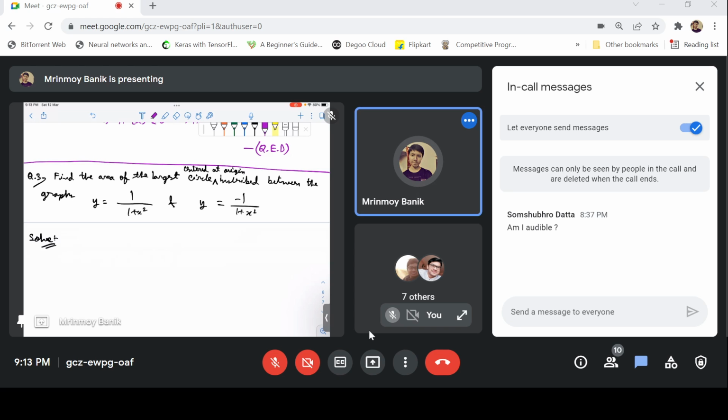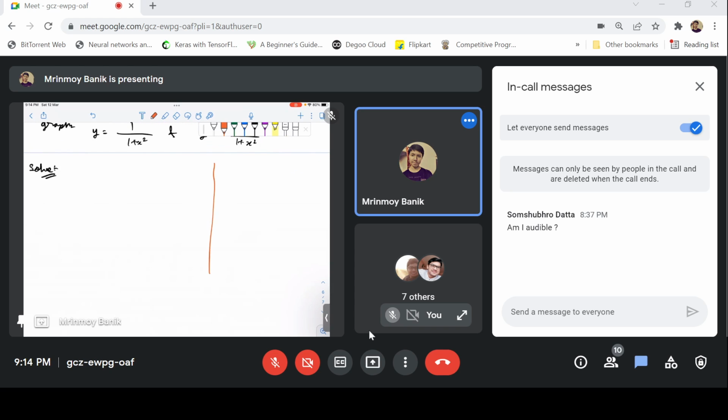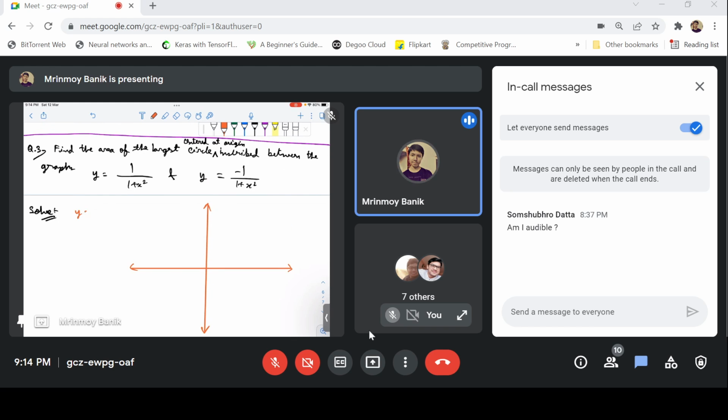Okay, so how does the graph look like? y equals 1 by x or 1 by x squared should look like a rectangular hyperbola. So that should look like this, which means, so if we add another x, that gives us,